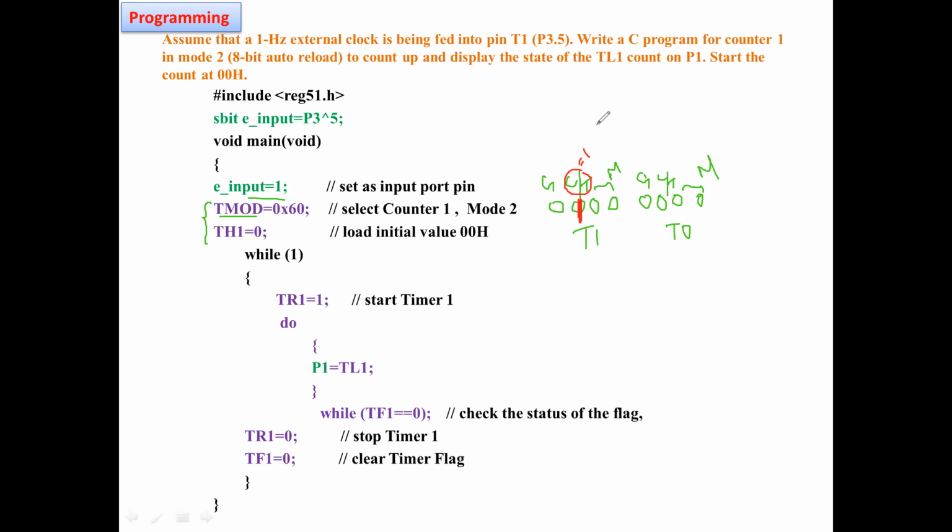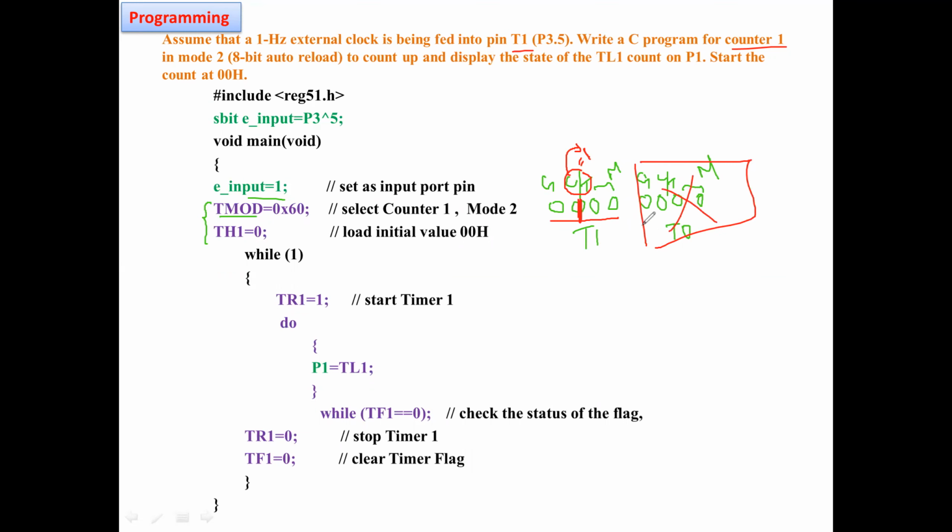Since we are using timer 1, that is counter 1. So these 4 bits are related to, now it is counter. Because I already told you a timer can be used as a counter. So timer 1 is nothing but now counter 1. So in the place of C/T, if it is 0, you place 1. Now instead of a timer, it is going to act as a counter. So here for timer 0, we are not going to use anything.